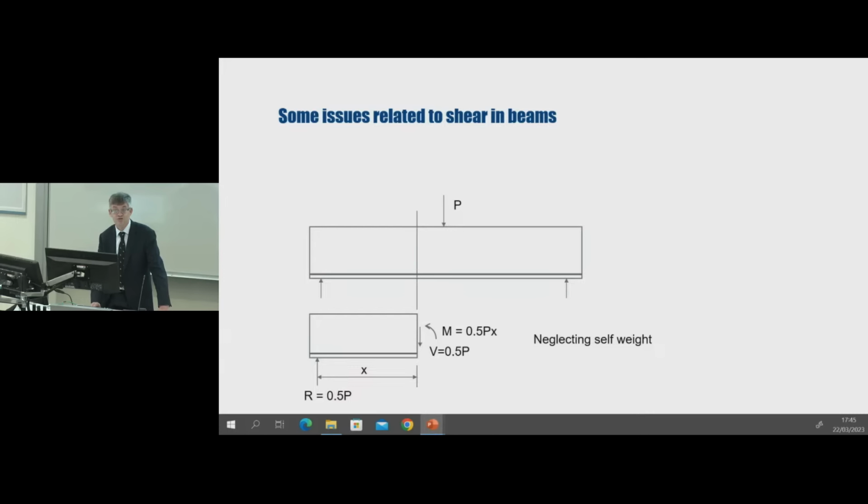For the non-structural engineers amongst you, I will explain what I mean by shear. So the top figure shows a simply supported beam with a central point load. If I cut the beam to form a free body diagram as shown below, you see that I need to introduce a vertical shear force and bending moment to maintain equilibrium.